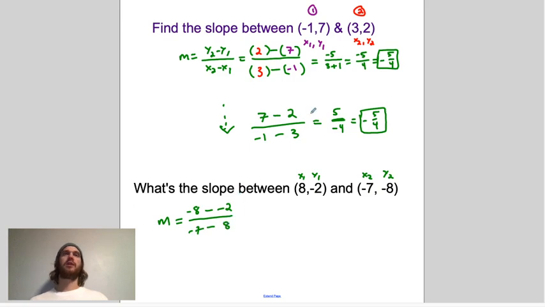Now you'll see that the two numbers from the same point should be stacked on top of each other. If they're not, then you're not going to get the correct answer. Okay, now we can simplify this. Negative 8 minus negative 2, that's going to change the sign of the negative 2. So we will get a